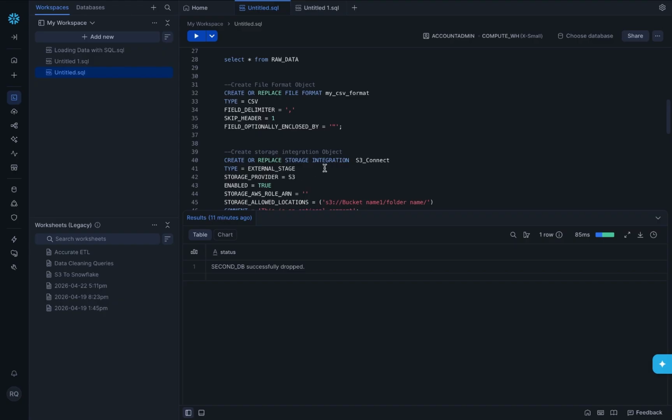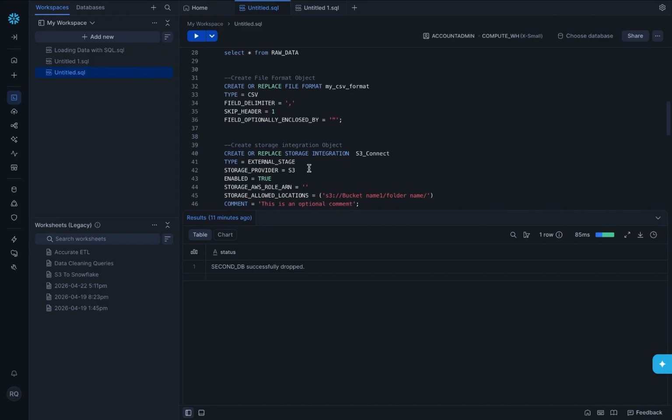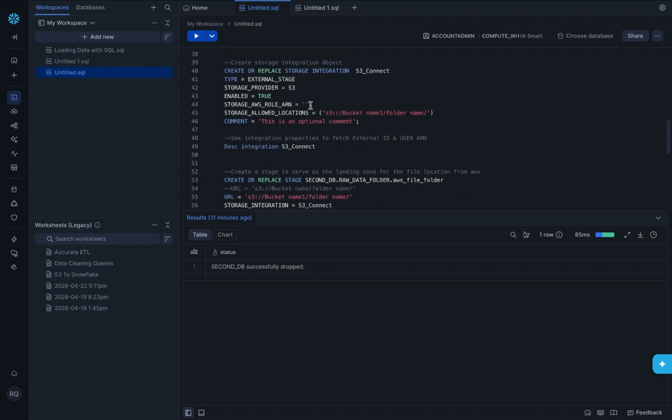I mean, if it wasn't S3 and it was Azure or GCP, we'd put that there. We've enabled the integration, so it's true. And then we will also have to put in the AWS ARN role. We'll get into that. And then we'll put in the location of the file in the S3 bucket. So once we create this storage integration object and this file format object,